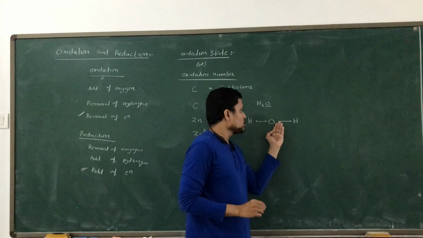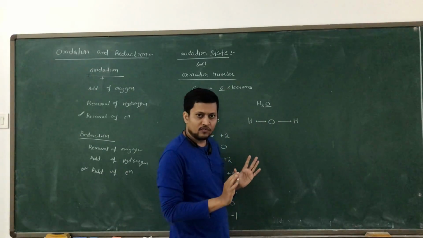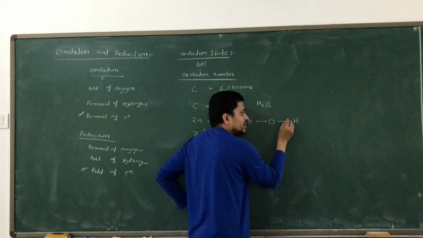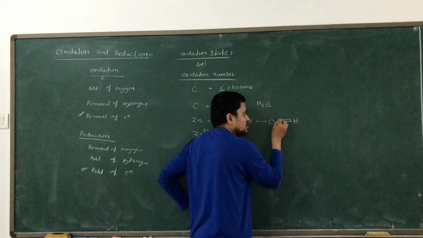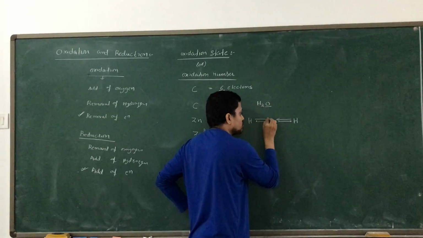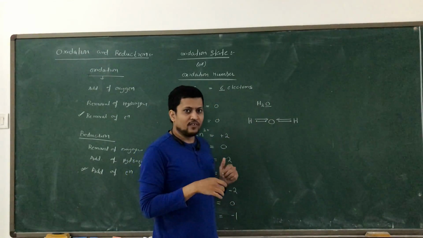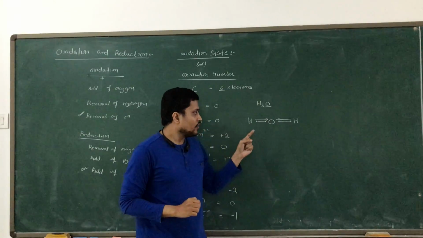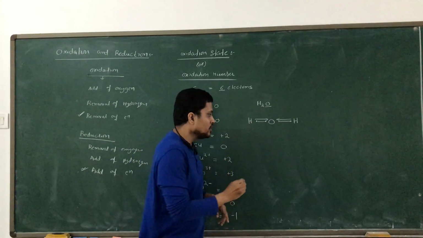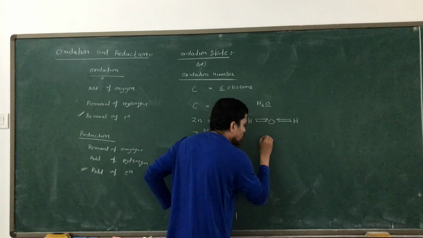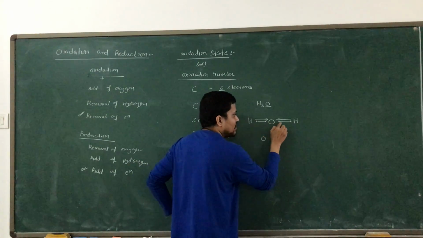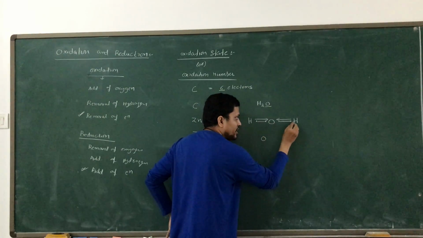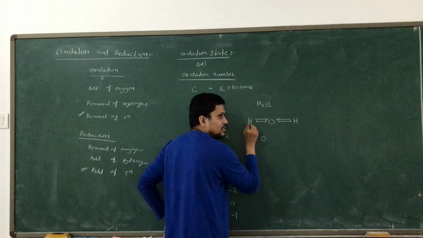So oxygen is sharing two electrons and forming the bond. Fine, we know that. So in that way, because oxygen has high electronegativity, these two electrons are moving towards the oxygen. That means whenever we are dissociating this compound, oxygen is taking its own electron, as well as the electron of two hydrogens. One electron it is taking from this hydrogen, one electron from this hydrogen.